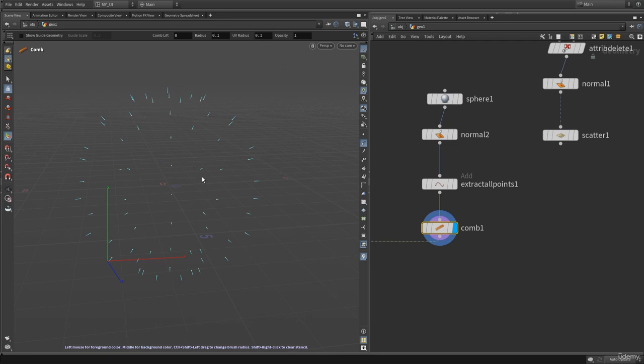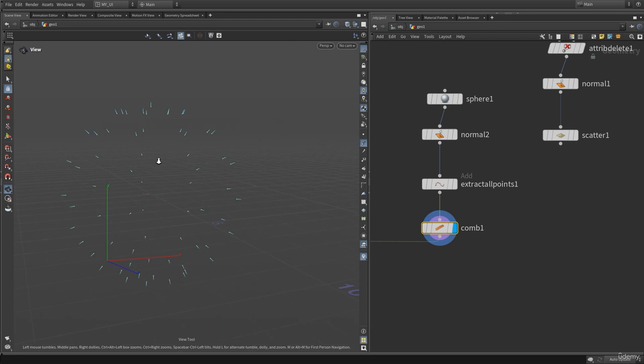Right now I cannot see my brush. Let's increase the radius of our brush to a bigger value,